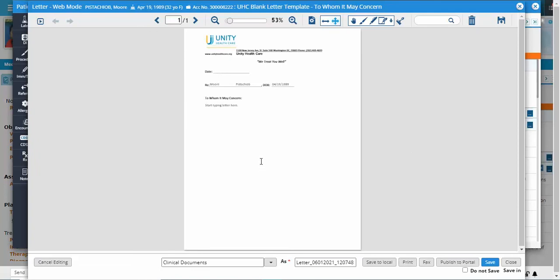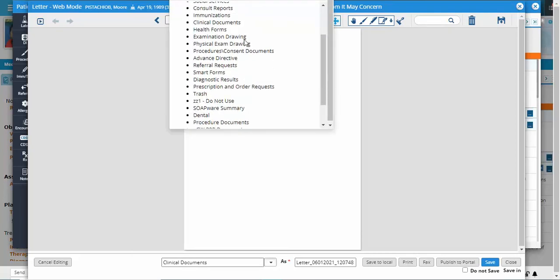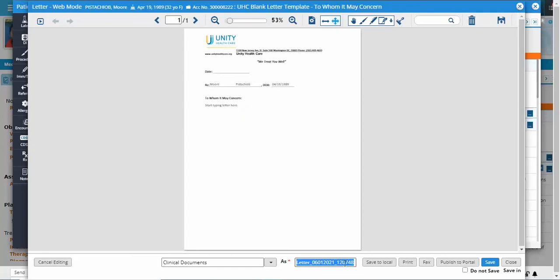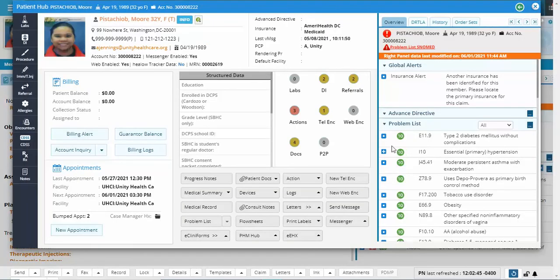After making your changes, make sure that you choose a folder and make sure that you save the letter's name and make sure that you save it. Once you are done, you may close that out. This concludes your social services